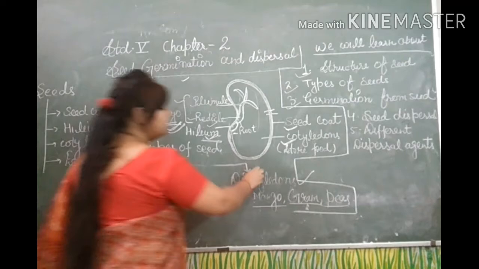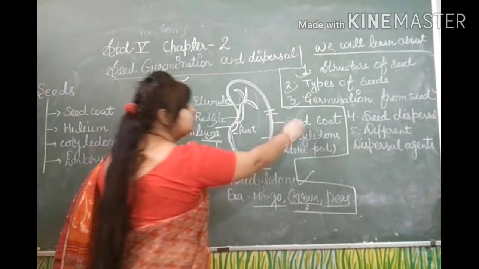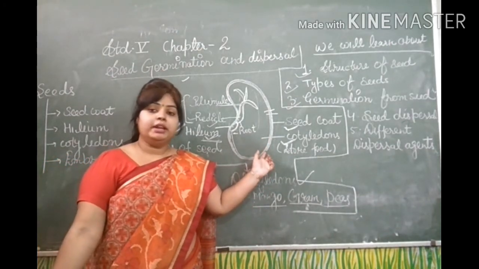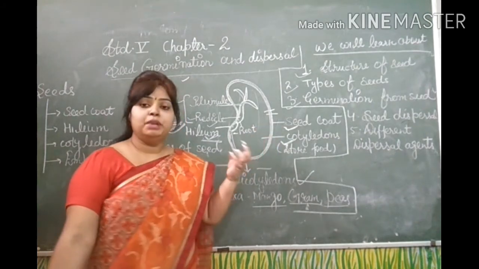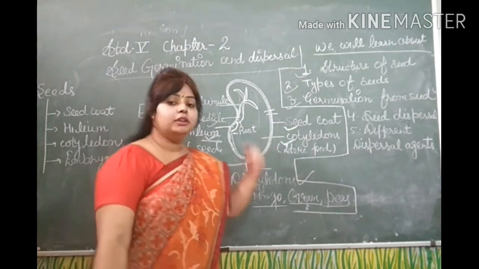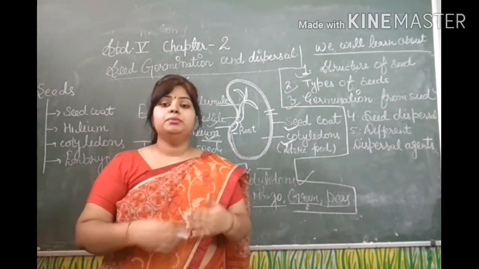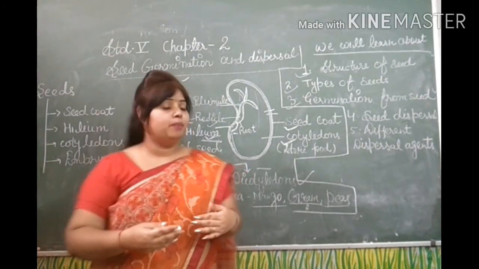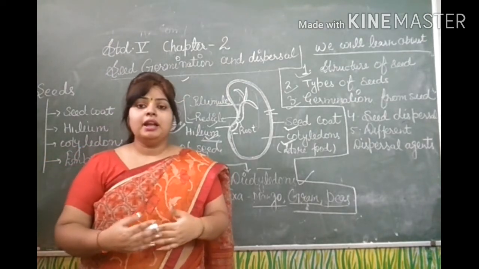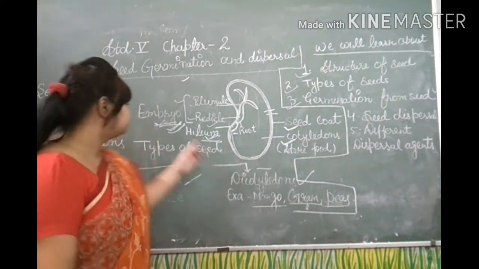Now, I repeat this topic. The structure of a seed. The structure of a seed is divided into many parts. First is seed coat. It is the hardest part and protects the seed from temperature, damage, and water effects. Next is cotyledons. Cotyledon is a fleshy part of the seed and it provides food to the embryo plant. Next is embryo. Embryo is a baby plant and it gives rise to a shoot portion and root portion.